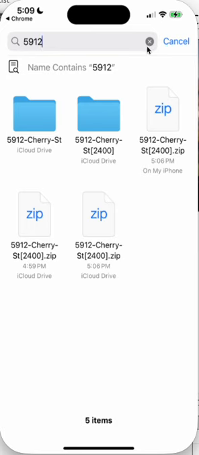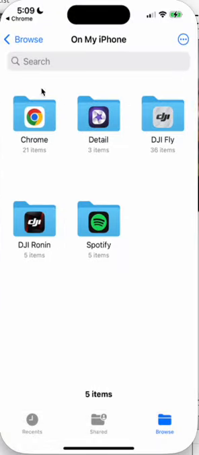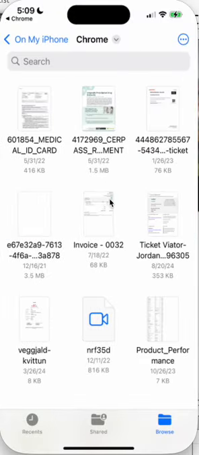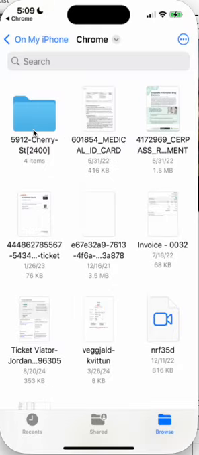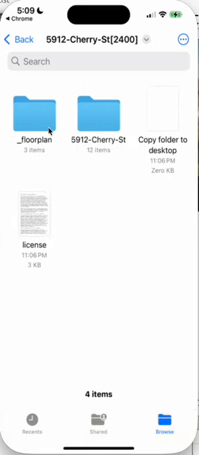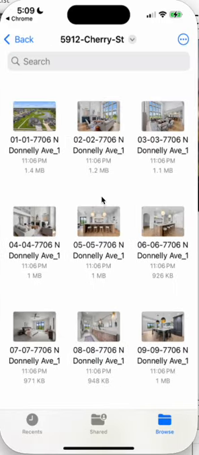So let's, again, kind of go the hard route just so we know what to do for next time. We found these in Chrome here at the bottom as a zip folder. So let's double click the zip. That opens it up, makes it not a zip folder, aka unzips it. I know a lot of people have some issues or questions about that. So that opens with floor plans, this extra stuff, and then inside the address named folder is all of our